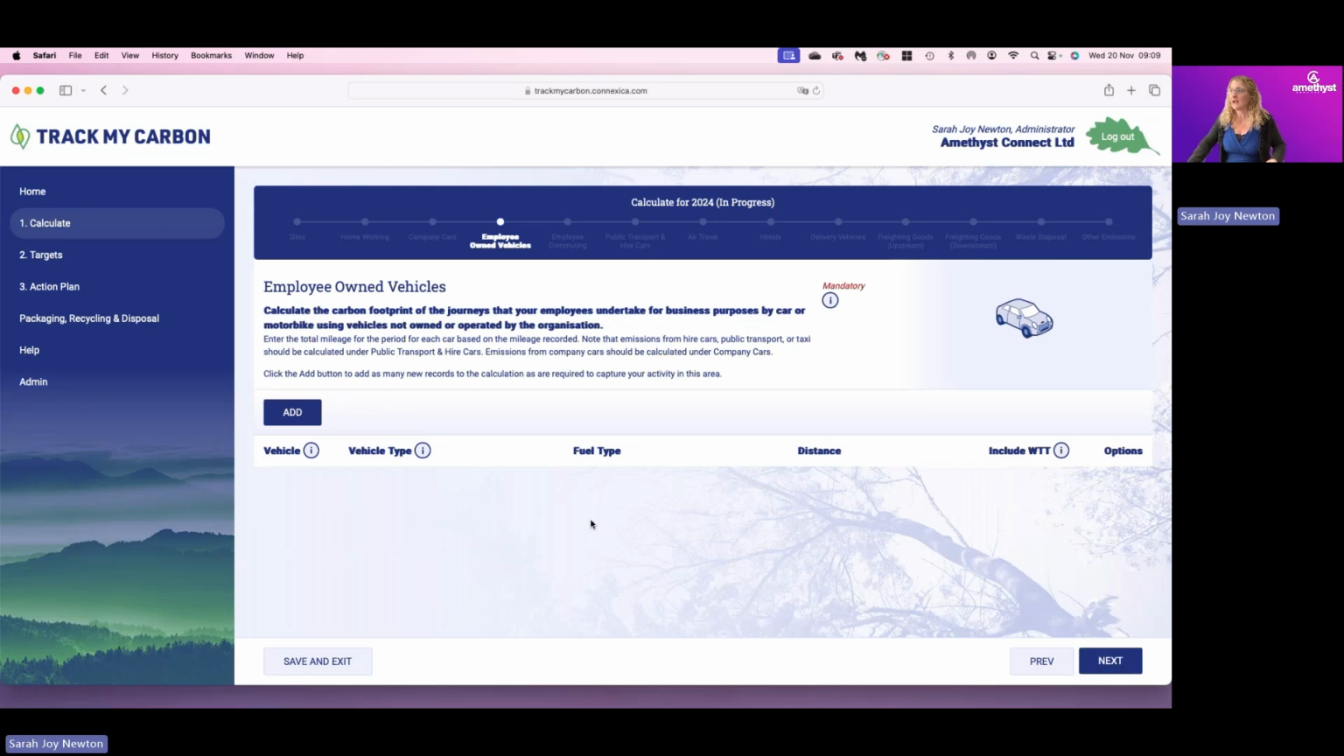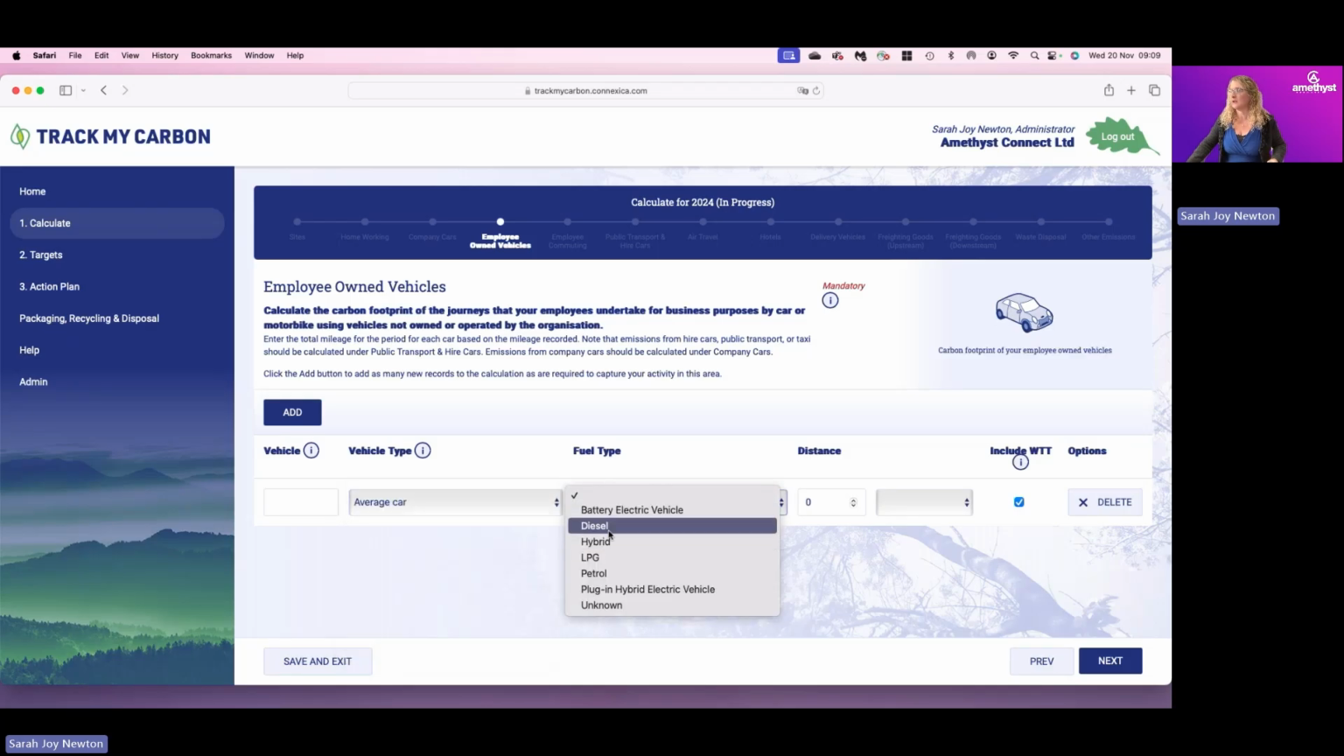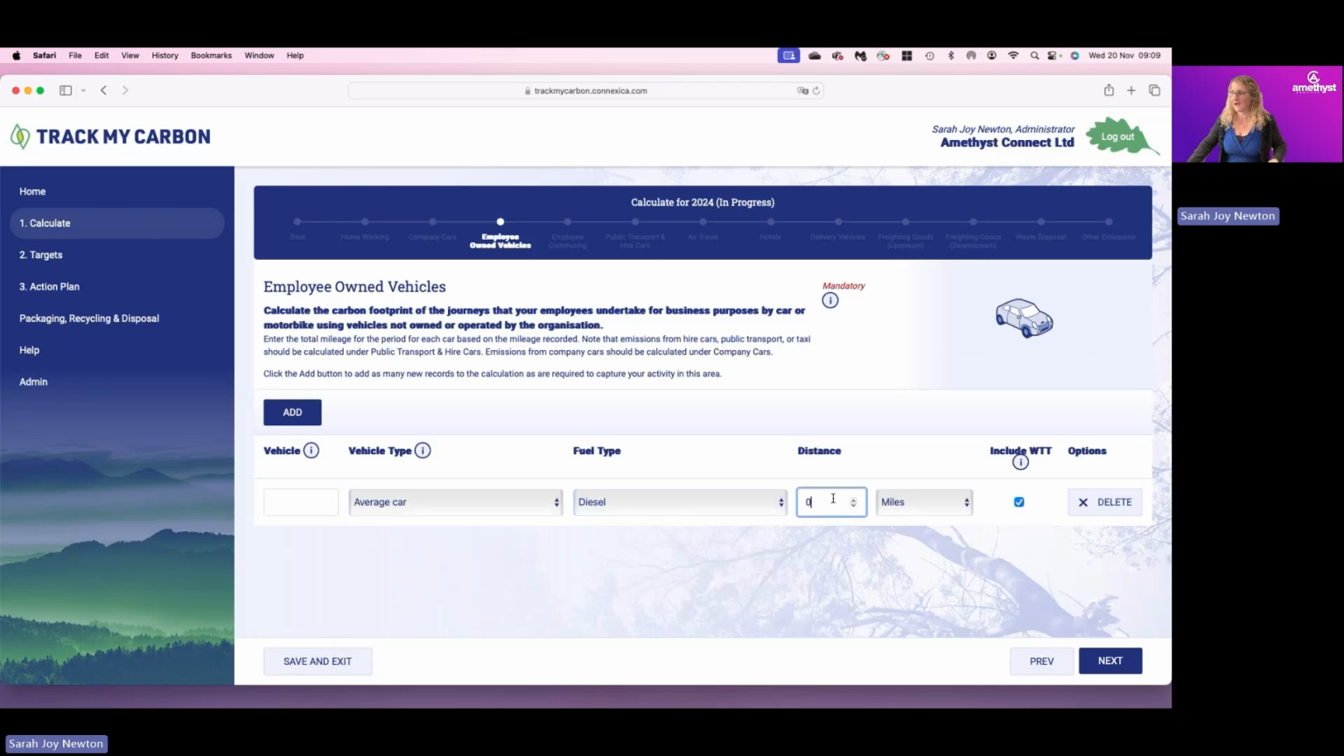Then this is employee owned vehicles. So this is for any cars that are owned by your employees, for which they then expense their mileage. And you would then put in the vehicle type, the fuel, how many miles over the year. And so let's just pop in a mileage there. And then, including well-to-tank, that's part of your extended Scope 3 emissions, so we recommend that you